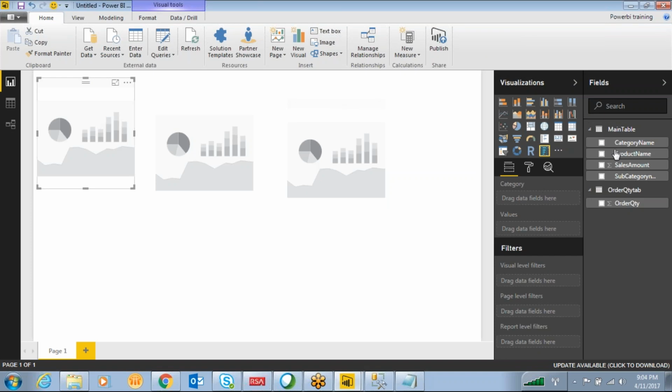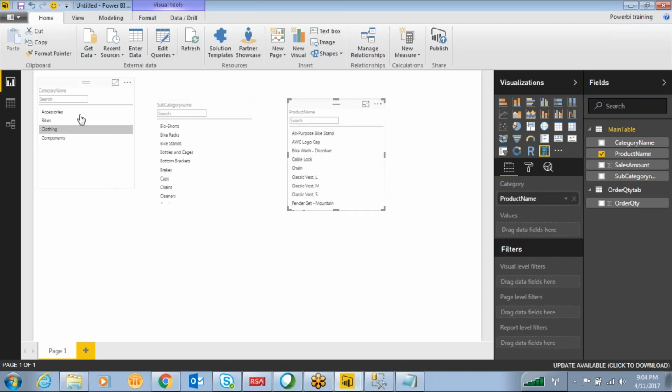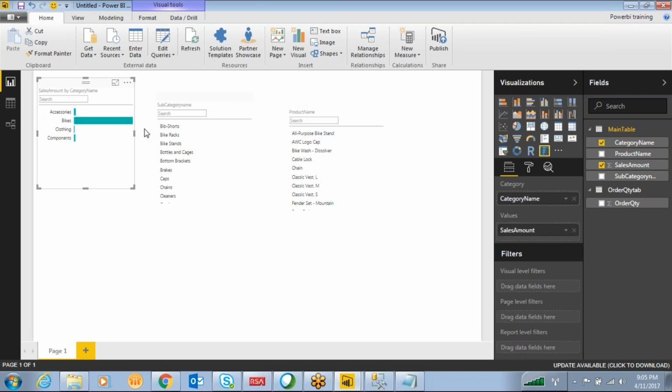In the first visual I am going to take category, in the second visual subcategory, and in the third visual product name. Okay, so a total of three visuals are coming. When you are selecting the category for the first visual, you just select this first one, and at the same time if you want to display the sales amount in the slicer, you can click sales amount also.